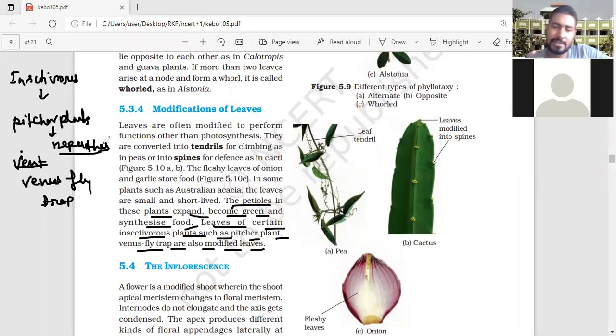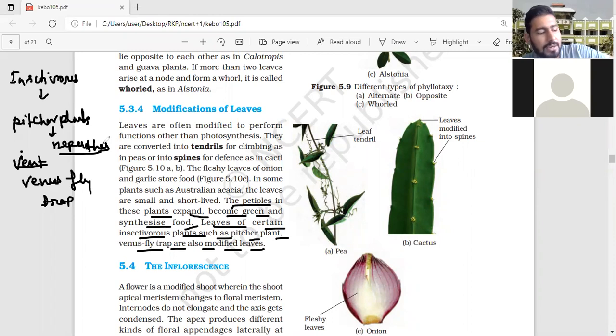So Venus flytrap and pitcher plant Nepenthes, these two are insectivorous plants. If you have seen, they have a special type of structure. The leaves get modified, where the insects will come. They have a lid-like structure, an operculum. The lid will close, and through the mucilage the insects will stick. That particular structure is known as the bladderwort. Where they get trapped and ultimately they will eat them. So this is the modification of leaf.